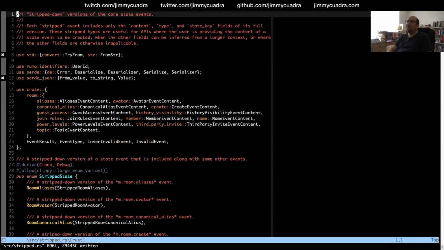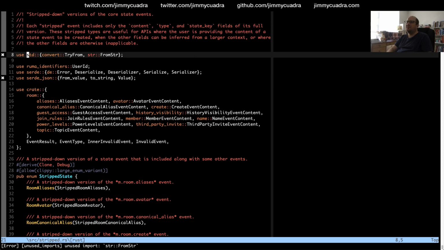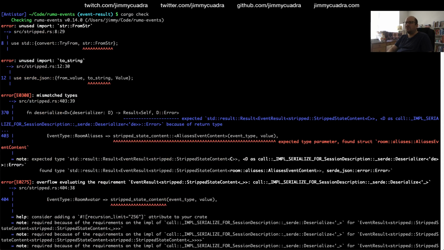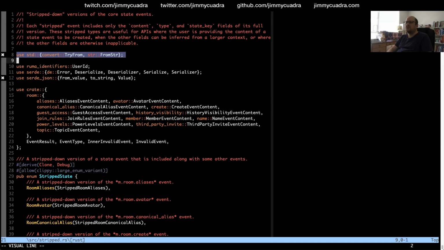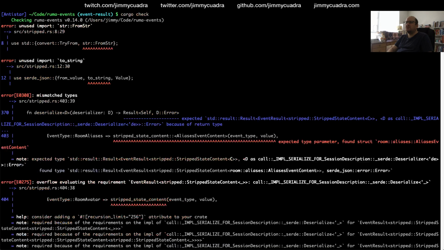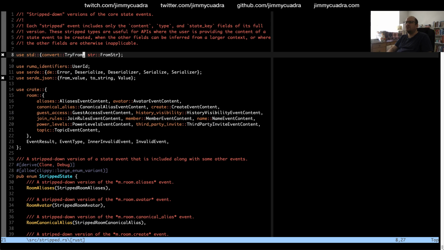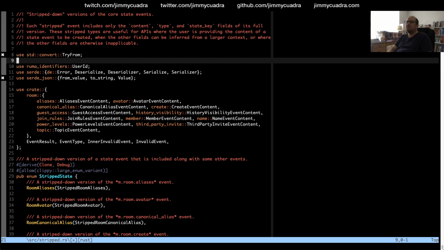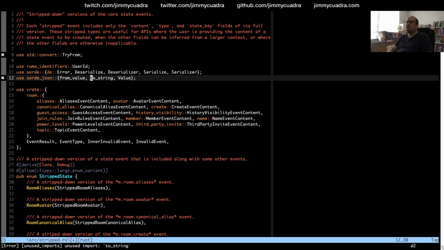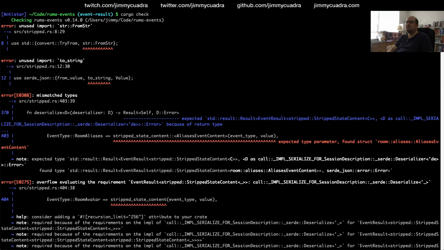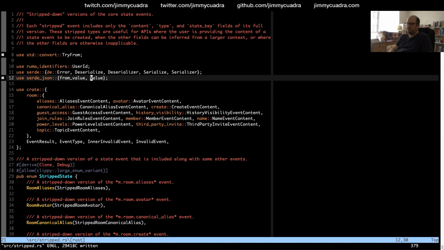Unused import. Okay. Oh, and convert... Oh, interesting. try from. Oh, try from is still used. ToString is no longer used. Still got that mismatched types error, 370.